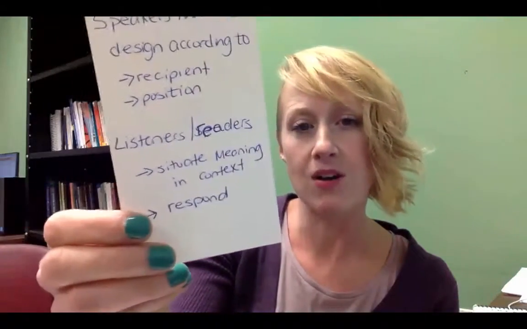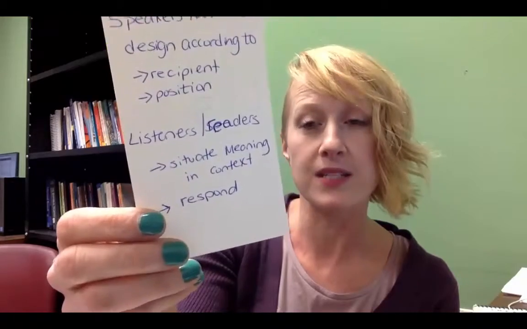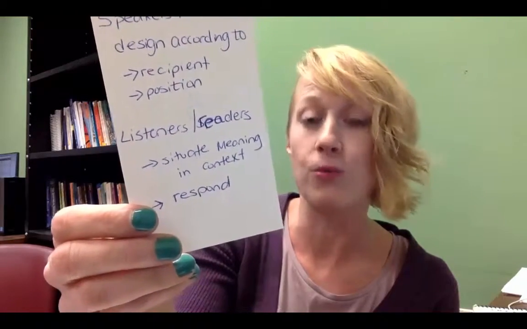So he's saying that the audience becomes important in how speakers and writers design. And he also says that listeners and readers will situate themselves within the meaning of the context, that in the context of this reading, the listener and readers situate themselves in the conversation in some way. They bring identity to this conversation, and they respond based on their situated meaning, based on the meanings that they're already bringing to the text, and we cannot think about a reader or a listener without all of the context and meaning and everything that they're bringing to the text.